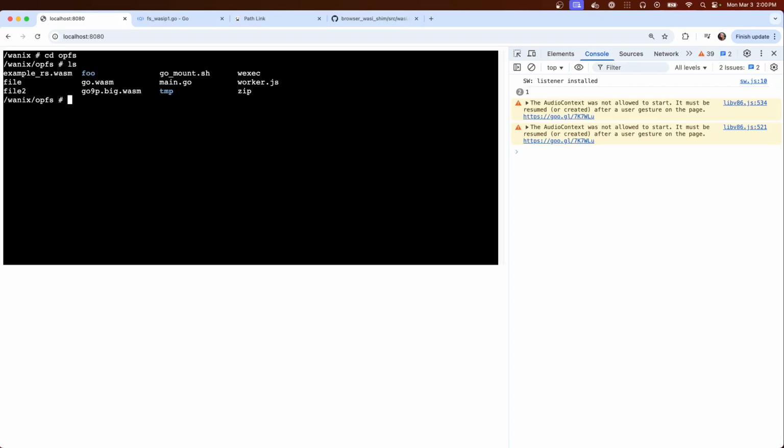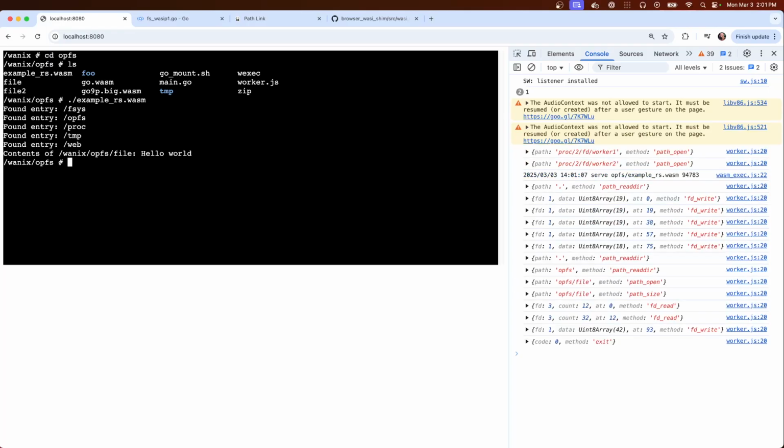This is the OPFS directory, which is browser storage, but we now have a shell. And we can run some of these WASI files. Well, this Rust one we've been able to for a bit. And now we can also do Go ones.